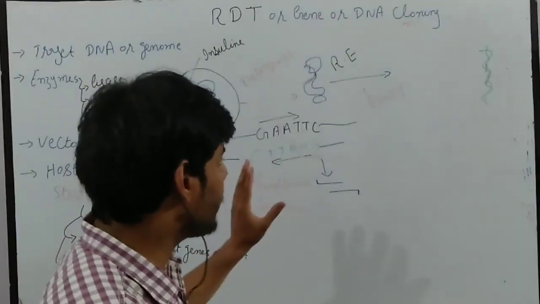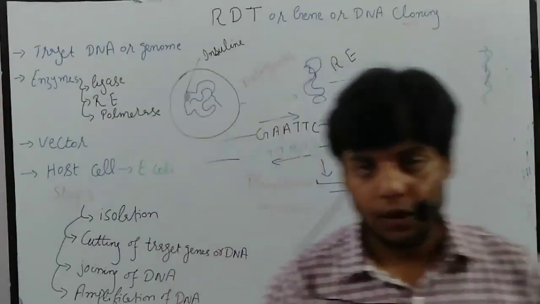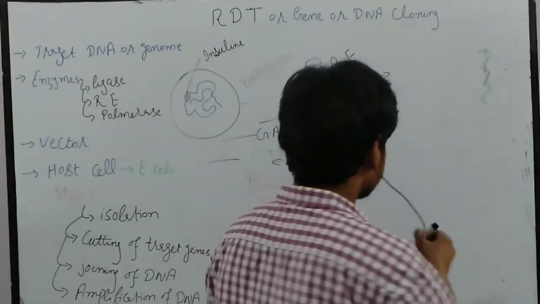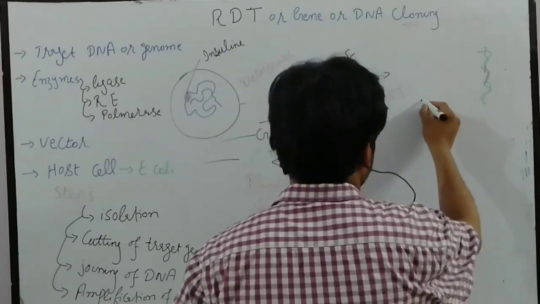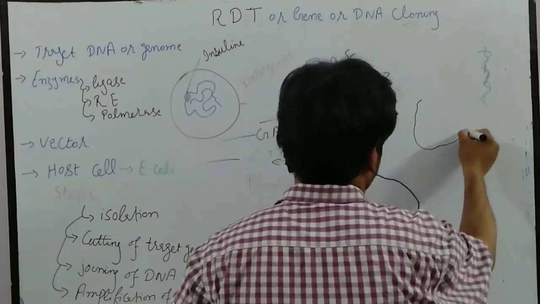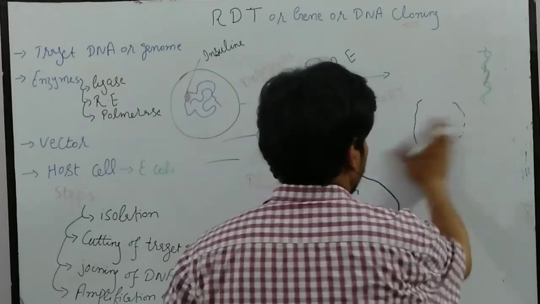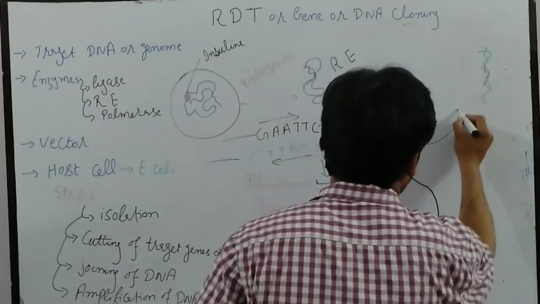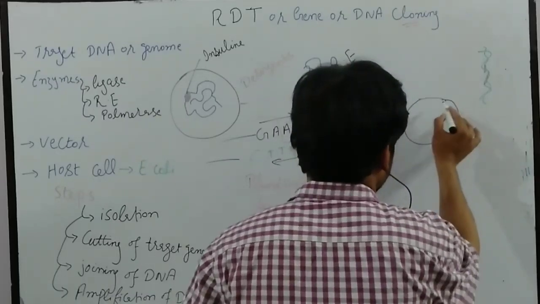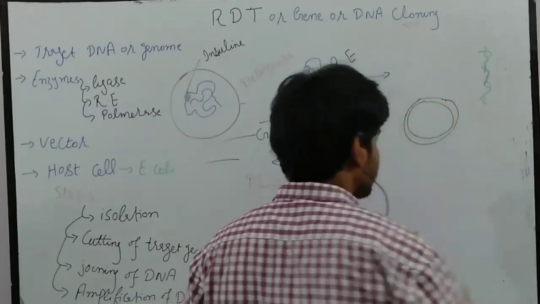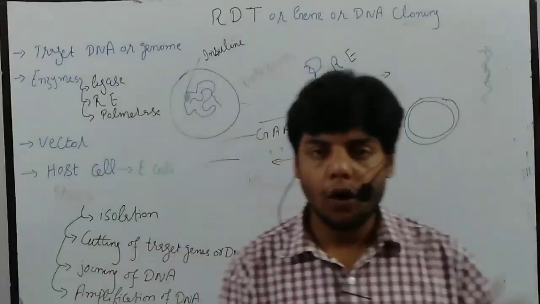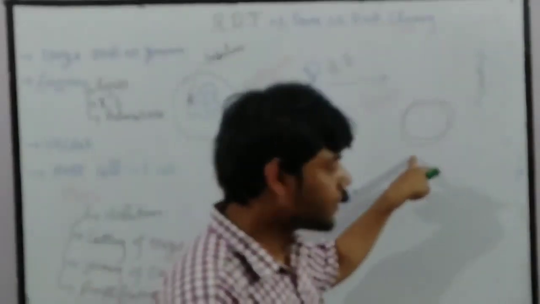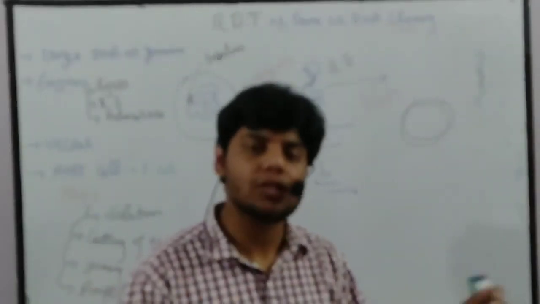Then after that, what actually happens? We need a vector. We also need other things. So let me draw a vector here. All of you should know the vector is circular in shape. It is a circular DNA, or let's say in this case we take the plasmid vector. This is a vector: plasmid, phasmid or cosmid. These are all called